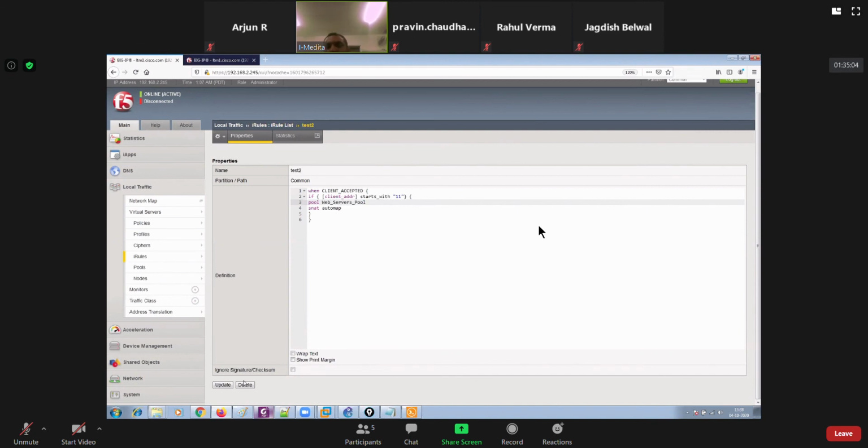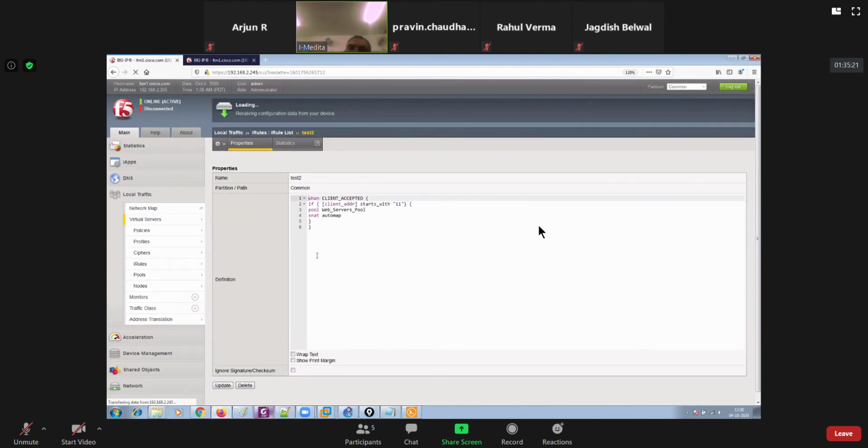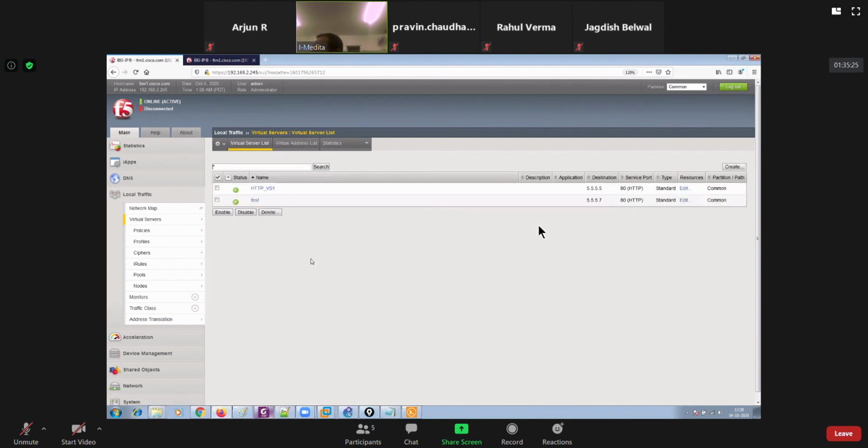So this is how you could apply it. And then you can get it applied to your virtual server. But that's how you are going to create the iRules, right, guys?